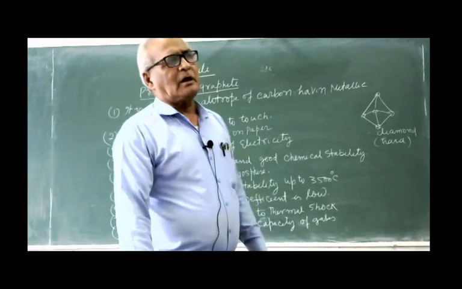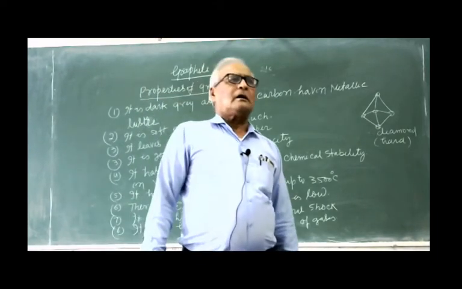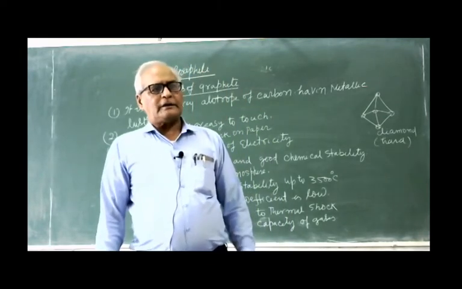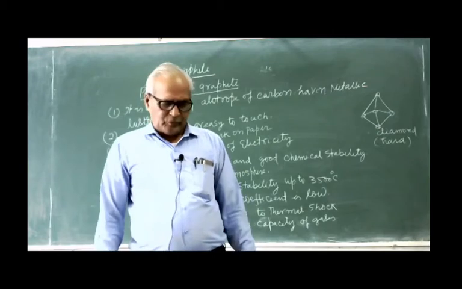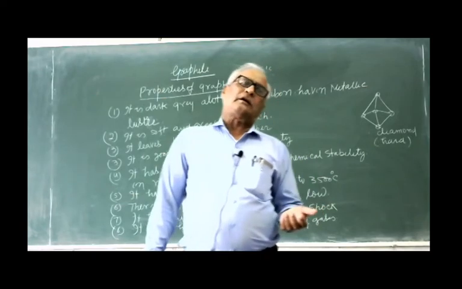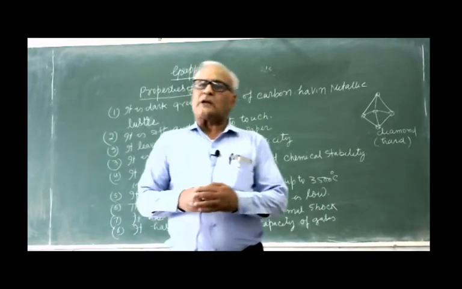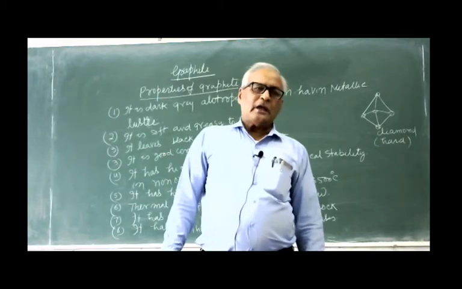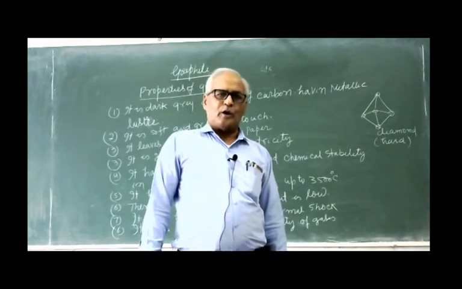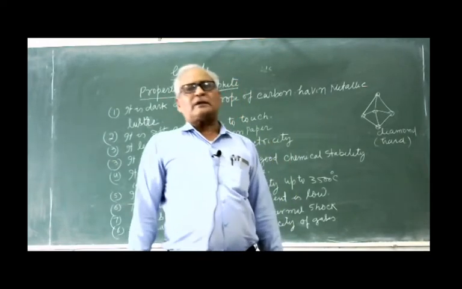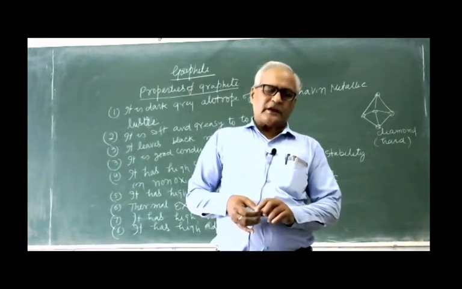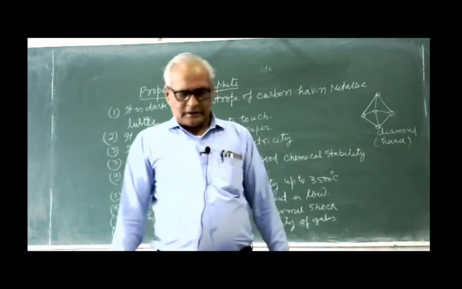Someone can ask that graphite is either naturally occurring or synthetic, both ways. Naturally occurring graphite is called as the beta graphite, while synthetic graphite is called as alpha graphite. So there are two types of the graphite. One is the naturally occurring graphite and second is the synthetic graphite, that is also called as the alpha graphite.